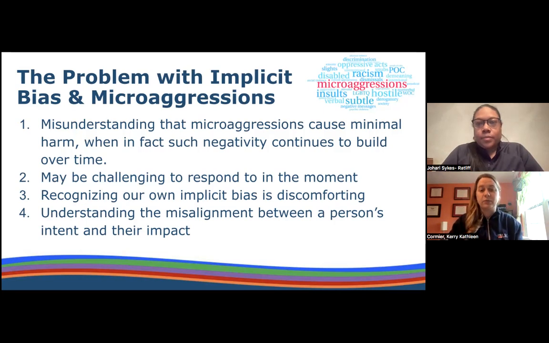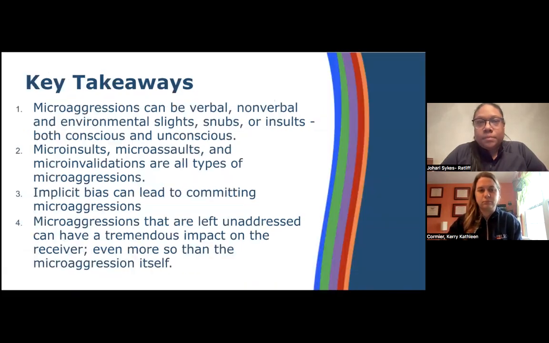And so really recognizing our own implicit bias is going to be extraordinarily discomforting, right? None of us are out there to be the villain or anything like that. We're not bad people. We're not intending to cause harm to others. And so really recognizing our own implicit bias is going to force us to recognize some ways where we might have fallen short. And again, it's not to place shame or anything like that on us, right? But just more so like, let's learn and let's become aware. And so understanding this misalignment between our intent and our impact. We don't intend to cause harm, right? But sometimes we do because we have these blinders on.